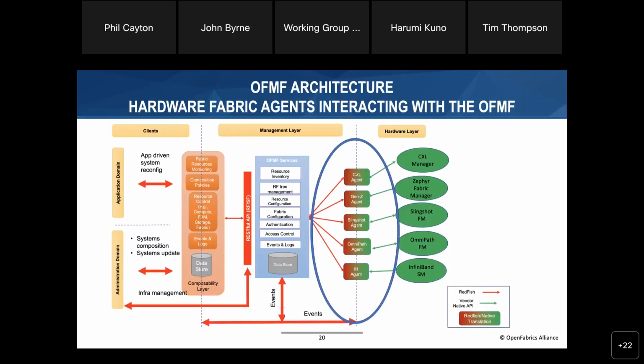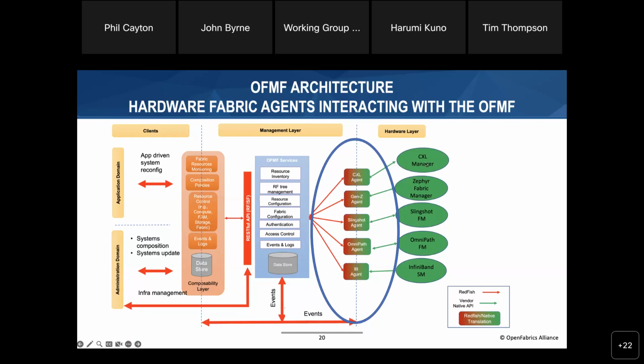The architecture. This is what the architecture of the OFMF looks like. On the right side, we have hardware agents that are talking to the fabric. On the last picture, those were the resource managers. They'll talk to the resource manager for CXL, in this case, Zephyr for Gen-Z, Slingshot, OmniPath, and InfiniBand. And they'll convert the information and controls back and forth from the OFMF to the